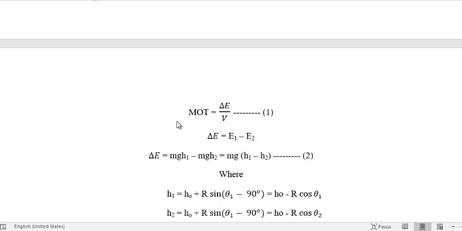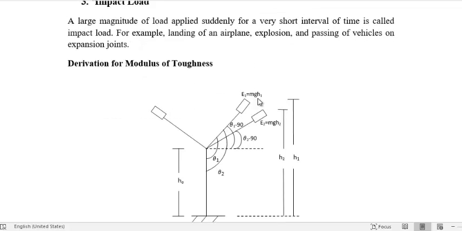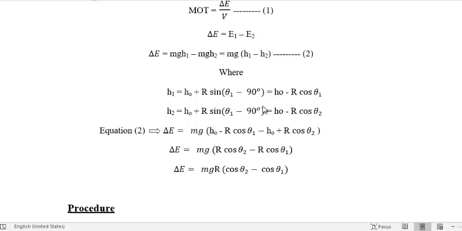The modulus of toughness expression is given in equation number 1, delta E over V. And what is this delta E? It is the change in energy, E1 minus E2. And what is E1? It's written here. E1 is mgh1 and E2 is mgh2. So delta E is mgh1 minus mgh2, and mg can be taken as common. So delta E is mg into (h1 minus h2), and we can label this as equation number 2, where